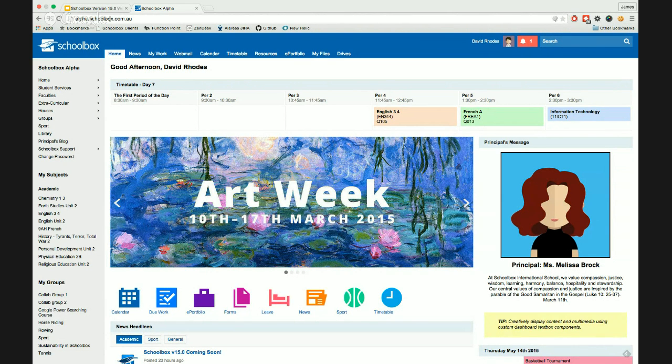There's also another part to the synchronization that people should be aware of. There is a background process that we can run, and we intend to run when you request it, that can synchronize all historical data into Synergetic from Schoolbox. So the idea being that we could take the current term's worth of data and synchronize that all into Synergetic in the background, making sure that the whole term's worth of data or the semester's worth of data was in there